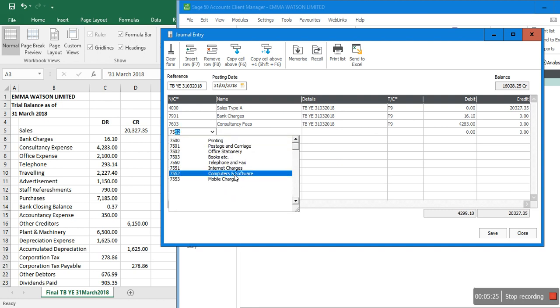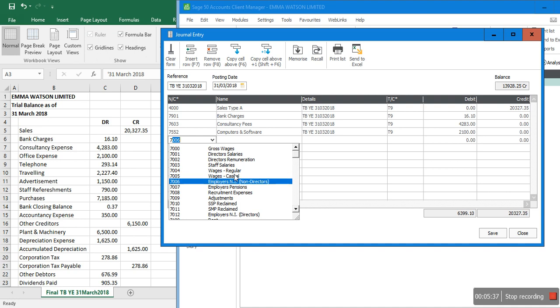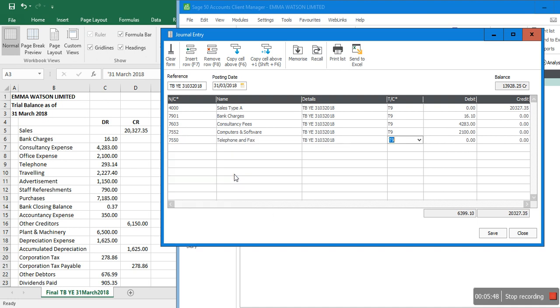Okay, no office expense. I can put that into computer and software, and then it's going to be 2100. And then I have telephone, starting with 7. So all the indirect expenses are starting with 7. So telephone and fax, and telephone and fax is